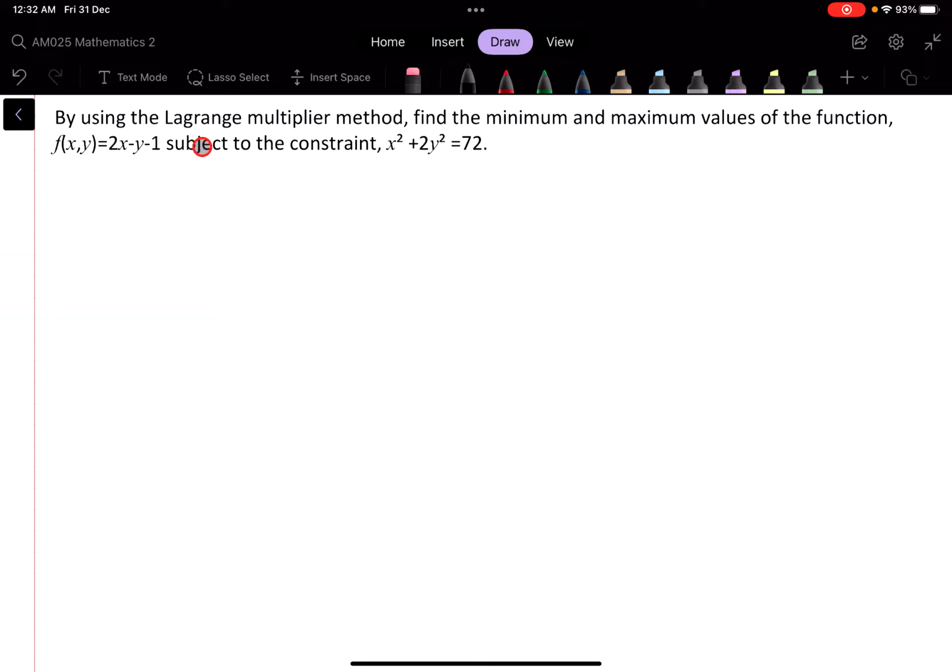By using the Lagrange multiplier method, find the minimum and maximum values of the function f(x,y) equals 2x minus y minus 1 subject to the constraint x squared plus 2y squared equals 72. So we have a function f(x,y) equals 2x minus y minus 1, subject to the constraint